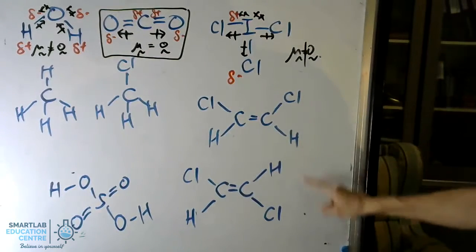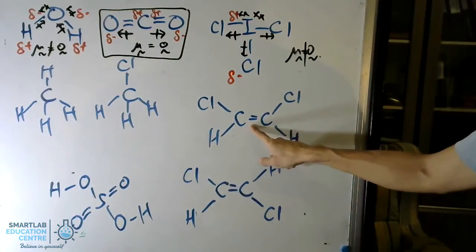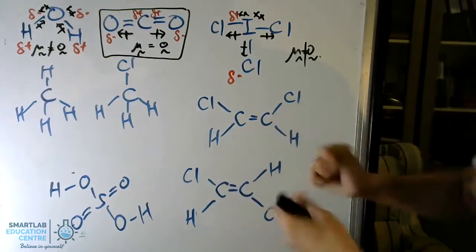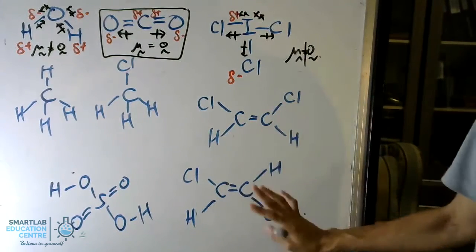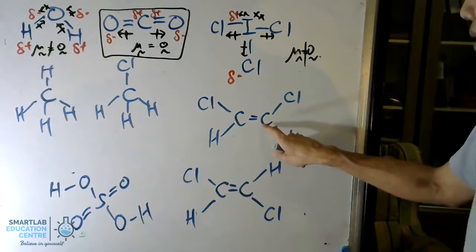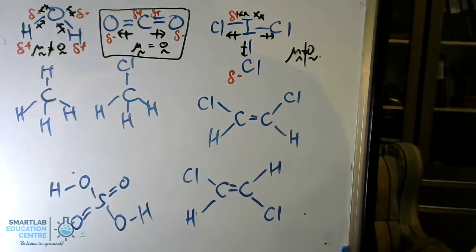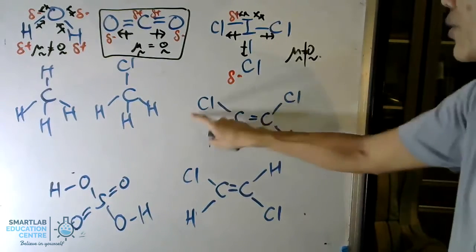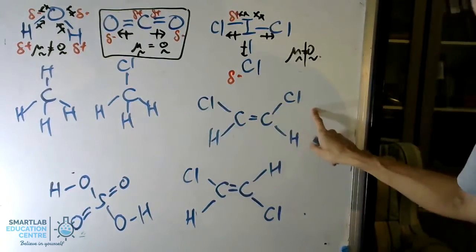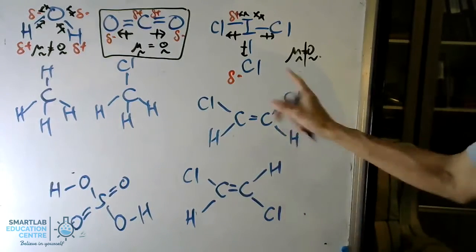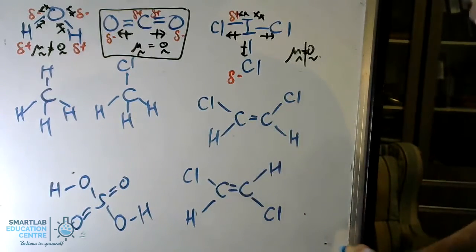Let's take a look at this pair of molecules. With the presence of a pi bond, the pi bond restricts the C to C from rotating. These two molecules are therefore planar. The electronegativity of carbon and hydrogen is comparable, although carbon is slightly more electronegative. But in this case, what we need to focus on are the chlorine atoms, which are far more electronegative relative to carbon and hydrogen.